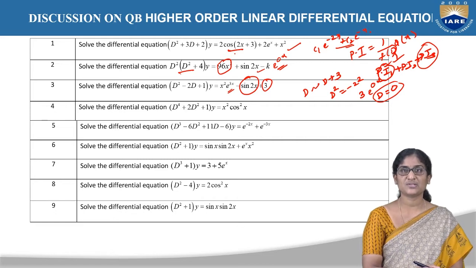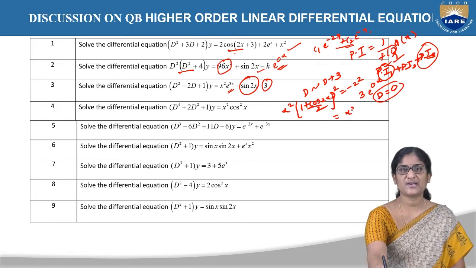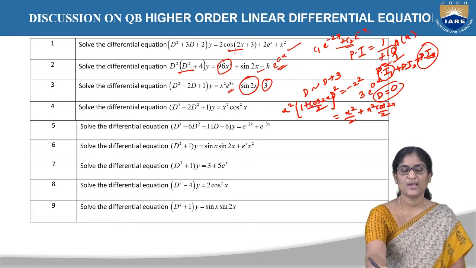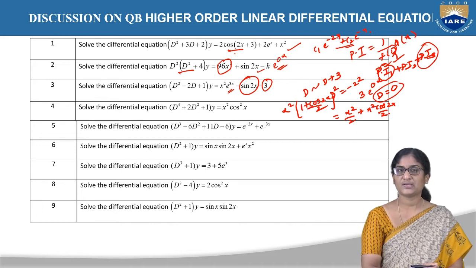Going to the fourth equation, solve the differential equation (D to the power of 4 + 2D squared + 1) y = x squared cos squared x. Cos squared x can be written as (1 + cos 2x)/2, and it can be split up into x squared by 2 plus x squared cos 2x by 2. The first one can be obtained by using the binomial expansion, and the second one can be written as